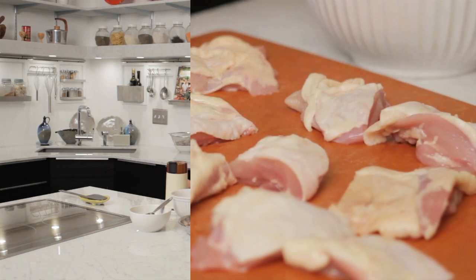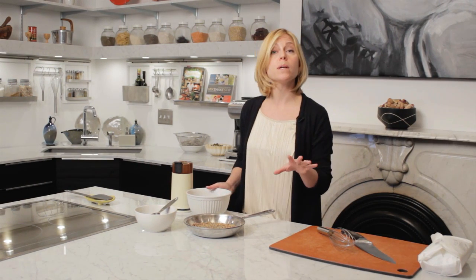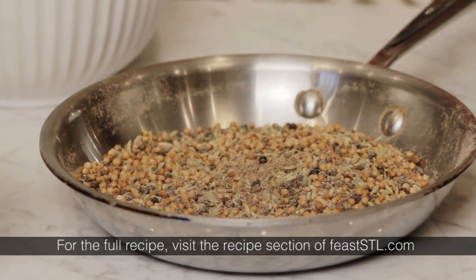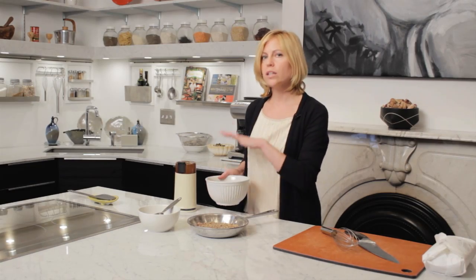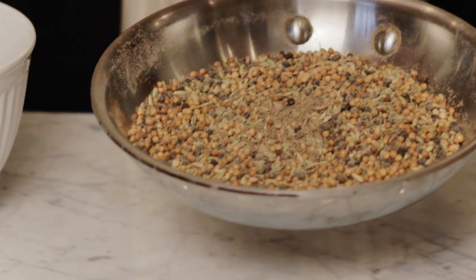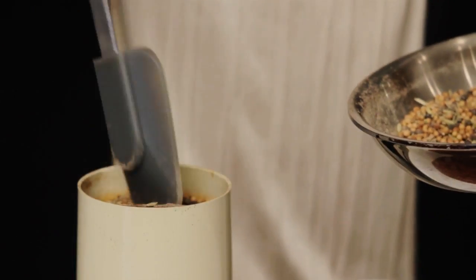The chicken thighs are actually going to be dusted with this really intense spice mixture. The recipe is available on feaststl.com in our recipe database section, so you can get all of the exact ingredients. But it's equal parts a bunch of different spices, including smoked paprika, chili, salt, and then what we do here is just heat a lot of these spices until they're smoking in order to release a lot of those